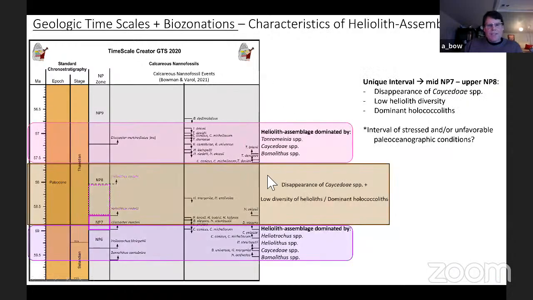And there's a unique interval that we've discovered in NP8, and it's really quite strange. We have the top of the Casados up here in lower NP9, that uppermost pink highlighted box there. The assemblage is dominated by the Tonromanias. They're exclusively NP8, NP9. They don't go older. Casadoes and Bomolithis. And then you have an interval within upper NP8 into mid NP7 where the Casadoes disappear,